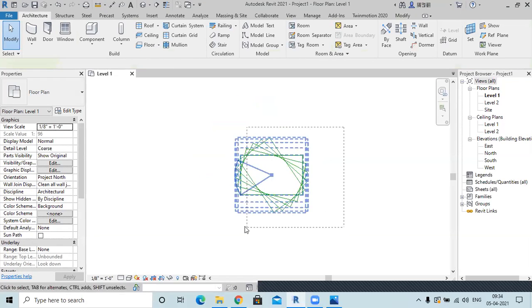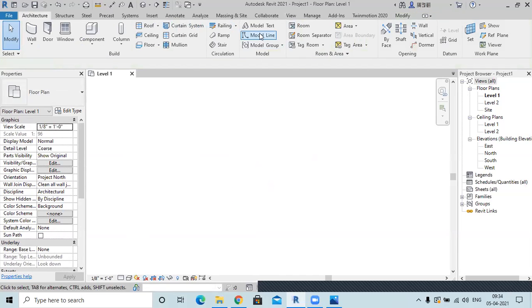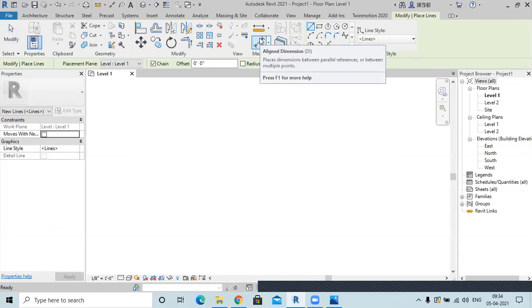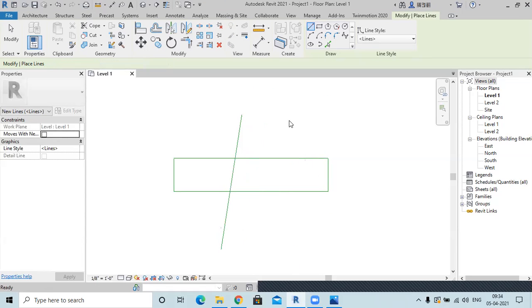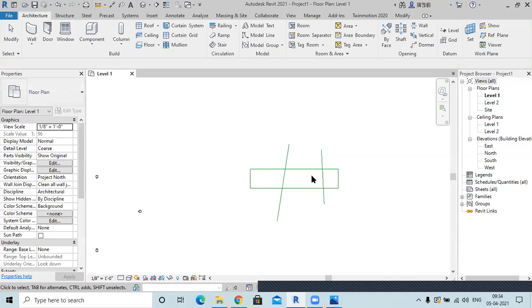You can create multiple elements here. Now, in this model line, almost all the options I have told you. This cut and join I will show you when we'll be dealing with 3D elements, and this dimensioning which I will show you later at the time of 3D elements. So I can also show you right now. For example, this rectangle I have created and these two lines I have created. Okay, I want to check the dimensioning here.